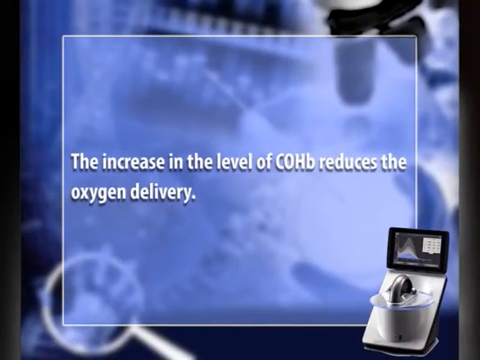The increase in the level of carboxyhemoglobin reduces the oxygen delivery. It is worsened by the impaired perfusion resulting from the hypoxic cardiac dysfunction. This further potentially damages the cellular oxidative metabolism, hence leads to death. The binding of carbon monoxide with the heme chromophore affects its absorption in the UV visible region. That is why the level of carboxyhemoglobin can be determined by UV visible spectra of the blood sample of a person with suspected carbon monoxide poisoning.